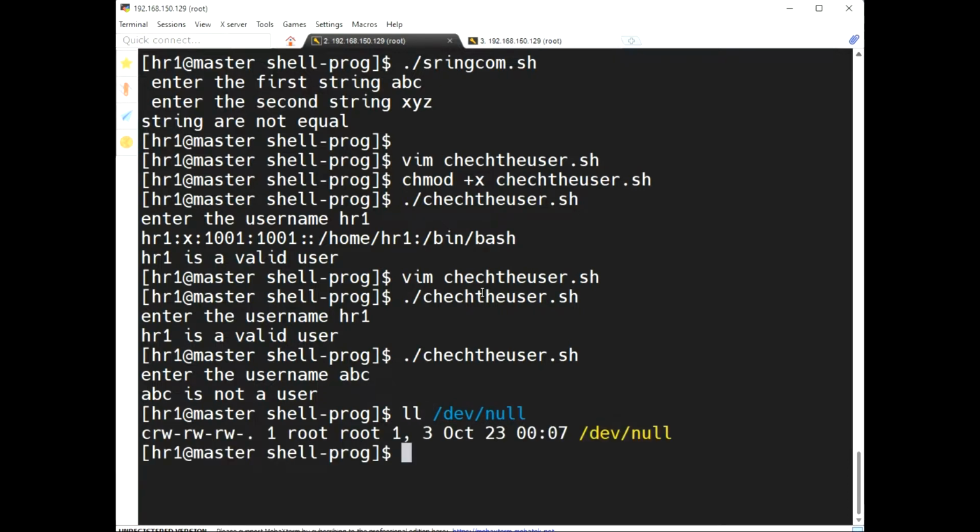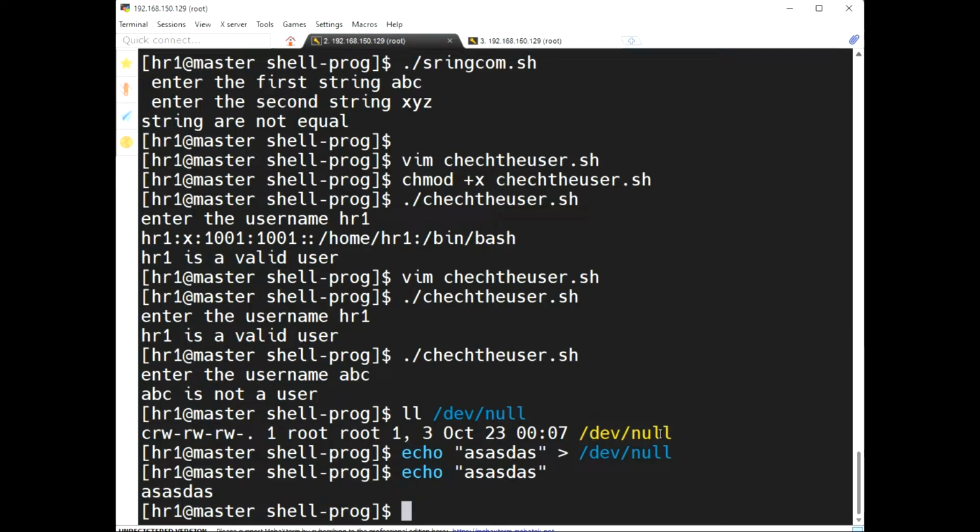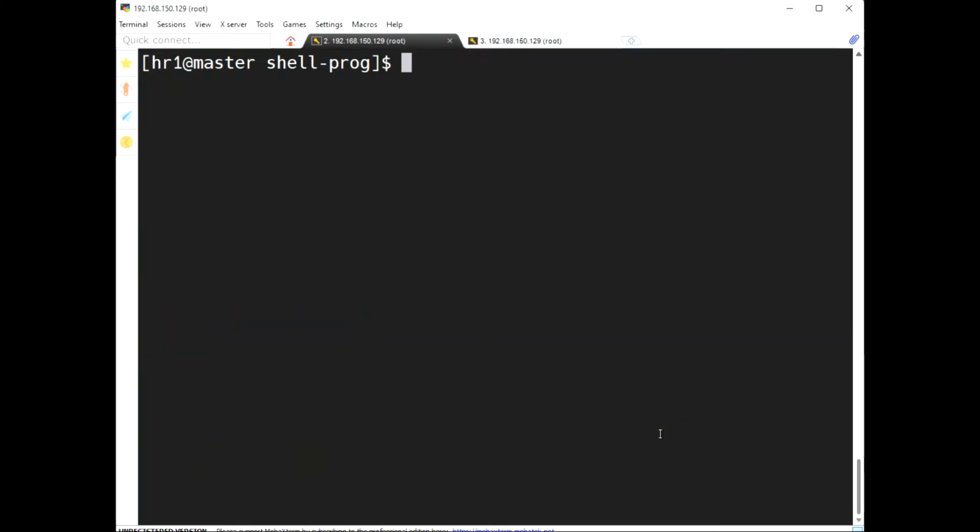ll, here what is c? It's a character file. Whatever you send to /dev/null, nothing is displayed. If you remove this one, okay, now